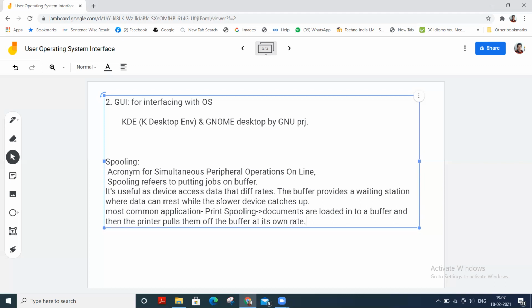Spooling is also used for processing data at remote sites.